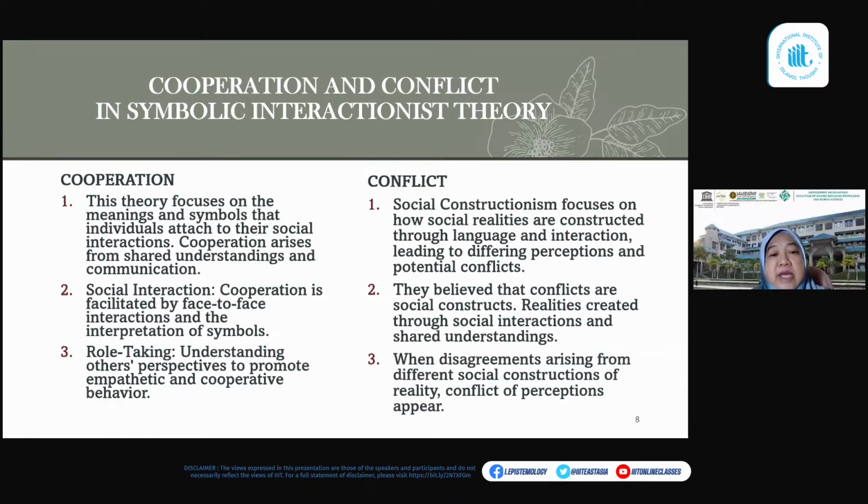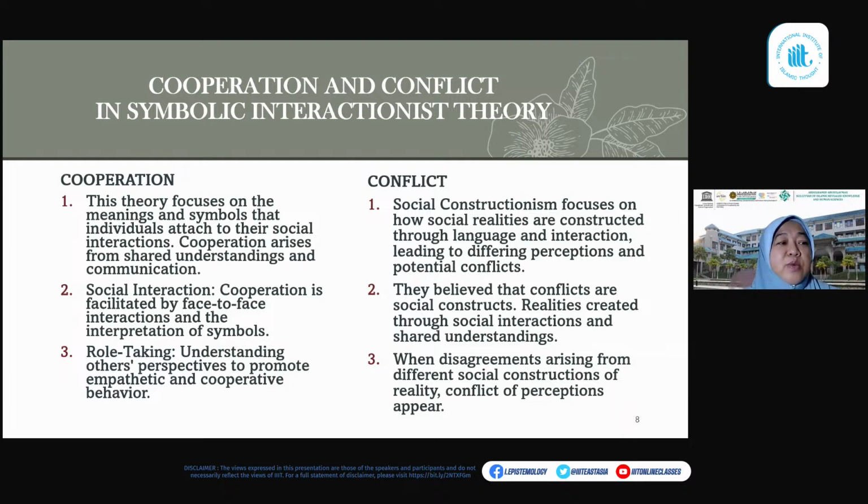And the last meta theory is symbolic interactionist theory. It is a theory that actually does not focus on cooperation and conflict; it is more on social realities and social constructionism. But it can be both. People can decide whether these social realities are to be seen through cooperation or through conflict, because this theory focuses on the meaning and symbols that individuals give to their social interaction. Cooperation can arise from shared understanding and communication. Cooperation is facilitated by face-to-face interaction and the interpretation of